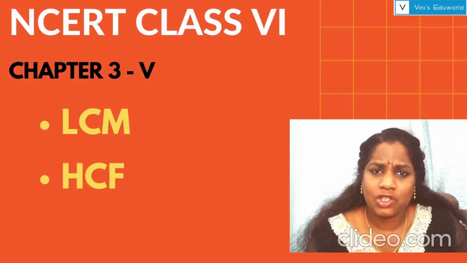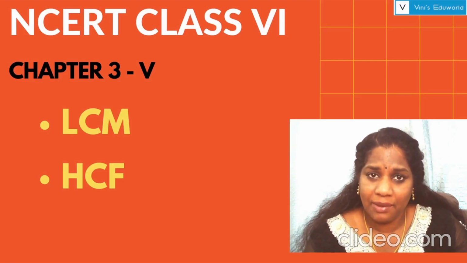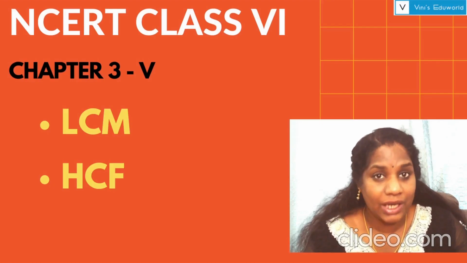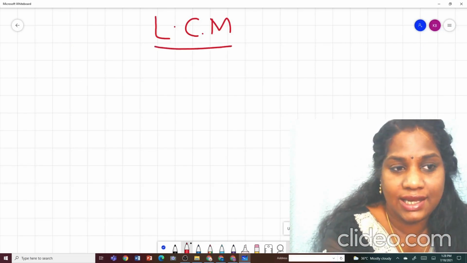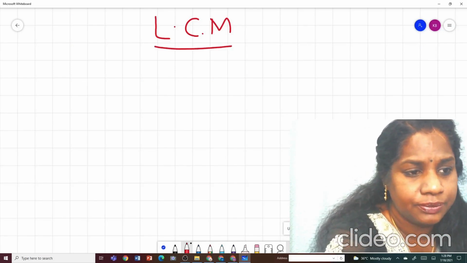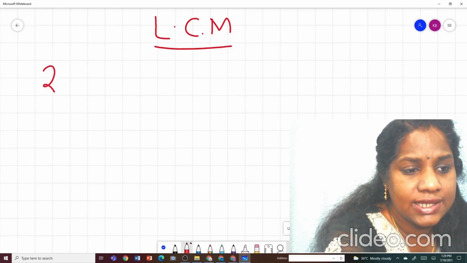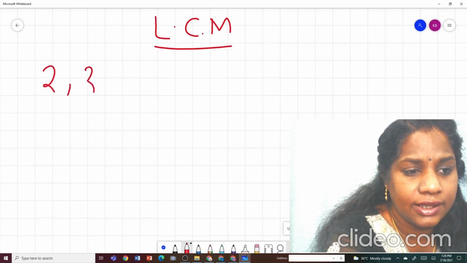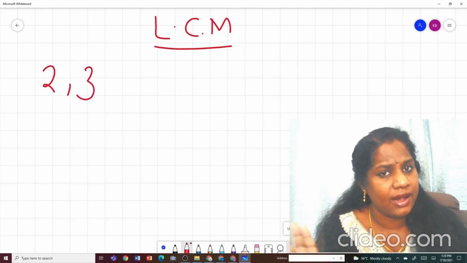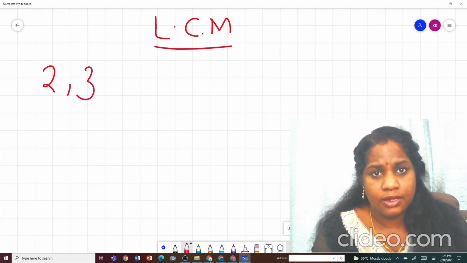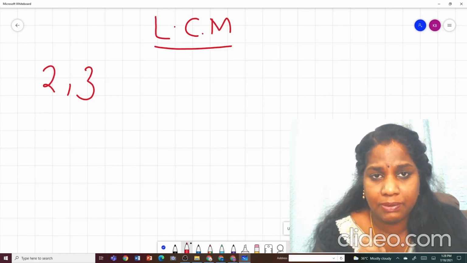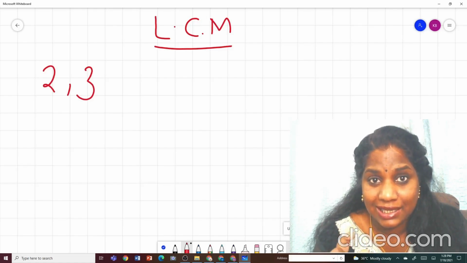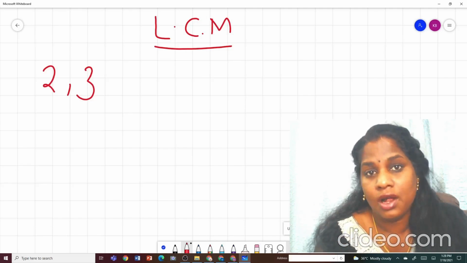Today we have two very small but very important topics, LCM and HCF. Now when we are doing LCM, let me start with an example. We are going to find the LCM of 2 and 3. Basic two numbers I have taken, 2 and 3. The term LCM tells you what? Least common multiple. So you understand we have to find the common multiples, the least common multiple of these two numbers,